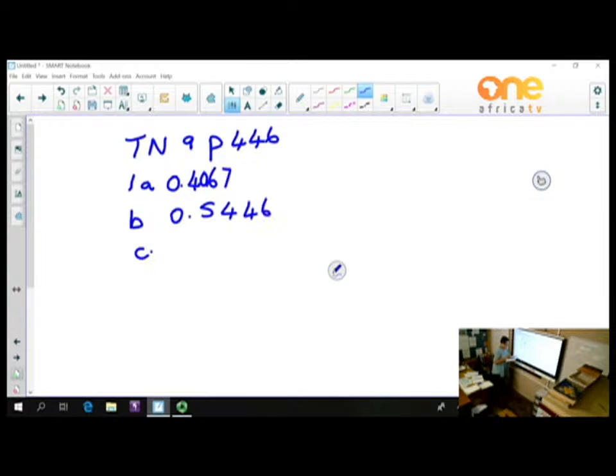Number C, tan 78 is equal to 4.705. I round off there to 4 significant figures. Number D, cosine 72.15 is equal to